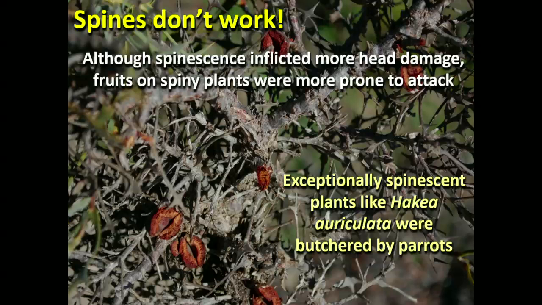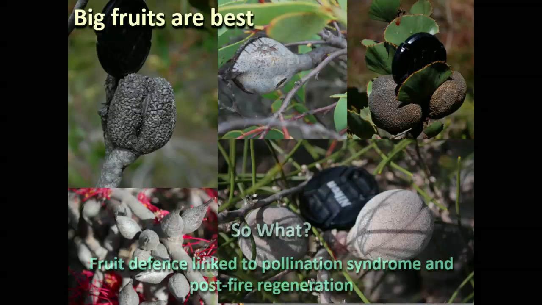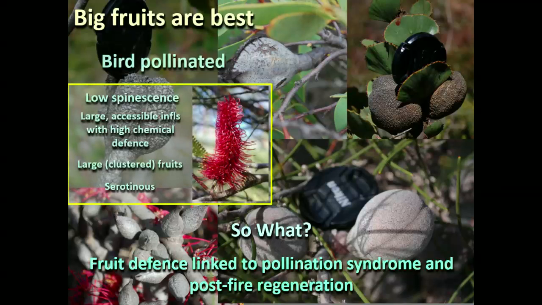amount of foliage just cast to one side, and they would work their way up through the plant, dismember the plant to get at those seed pods in the middle. And then you can basically see what they've done there. They've just snipped the entire seed cone in half with their beaks and just pulled the seeds out. So it's a major dissection activity they're undertaking there. Very, very precise. So they just work their way around the spines. So consequently, your only effective defense as a hakea is to produce these large fruits.